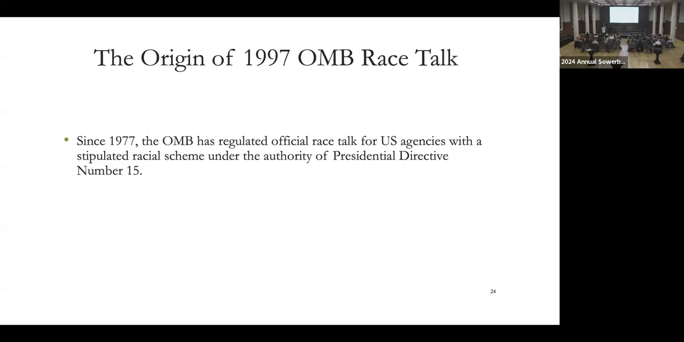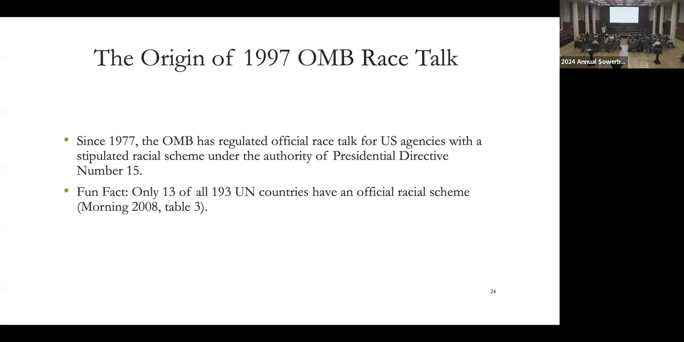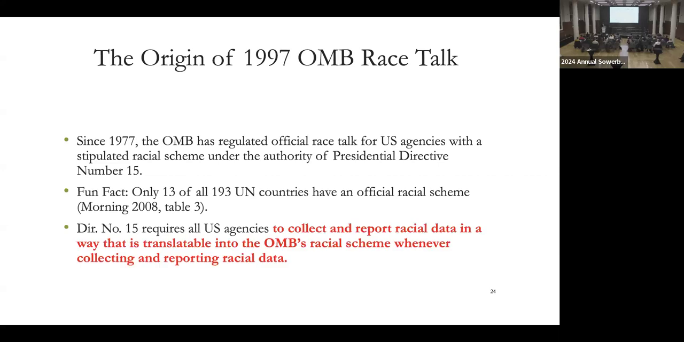There's fewer than 20 UN countries that have official racial schemes across the globe. The United States is definitely one of them, though. So what is the directive claim? It doesn't actually require that the federal agencies use the OMB's racial scheme, whatever that scheme is. It requires that it's translatable. Whatever racial scheme they use is translatable into their racial scheme when they're collecting and reporting racial data to other